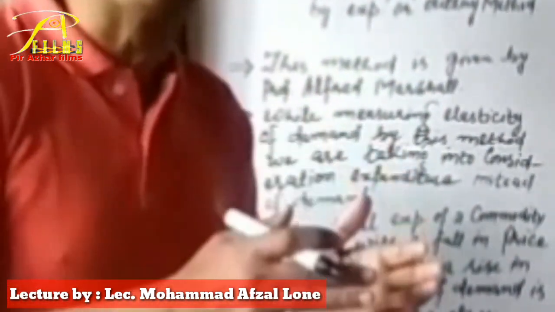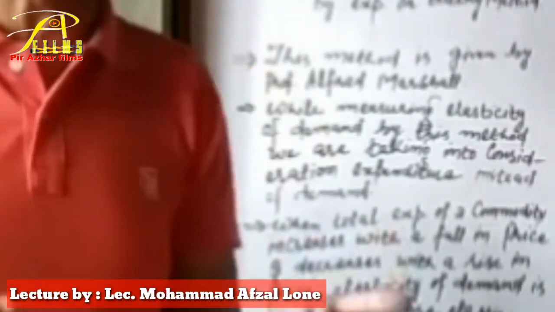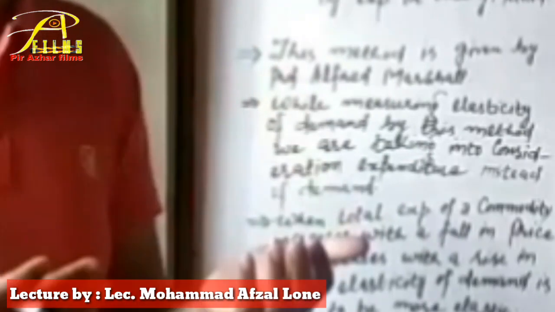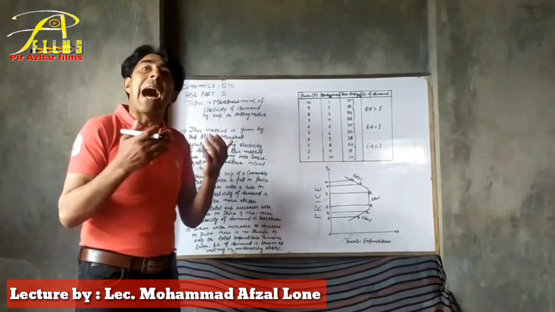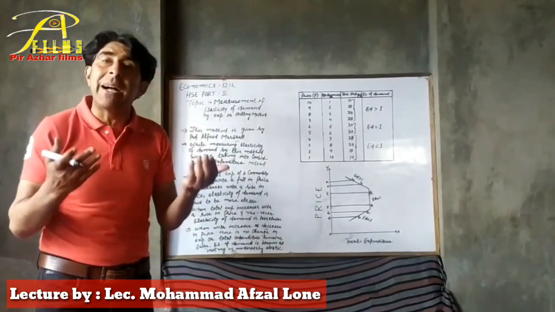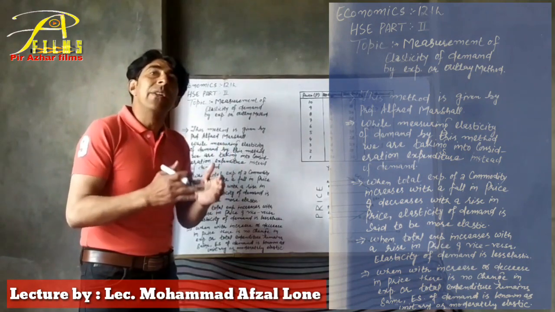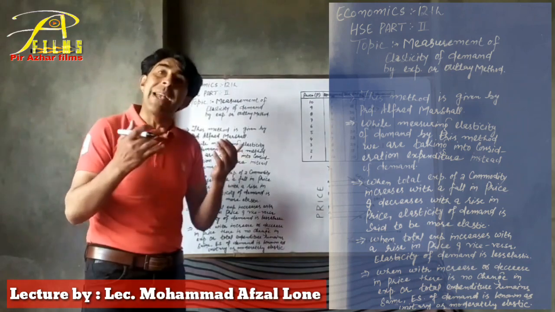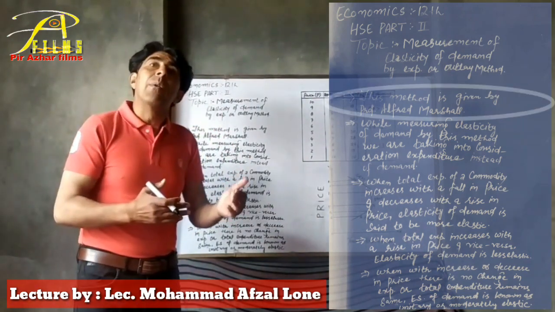This method of measuring elasticity of demand is also known by two names. One is the total expenditure method, and sometimes we are asked what we mean by the outlay method and how elasticity of demand is measured by the total outlay method. This method, the total expenditure method or outlay method, was given by Professor